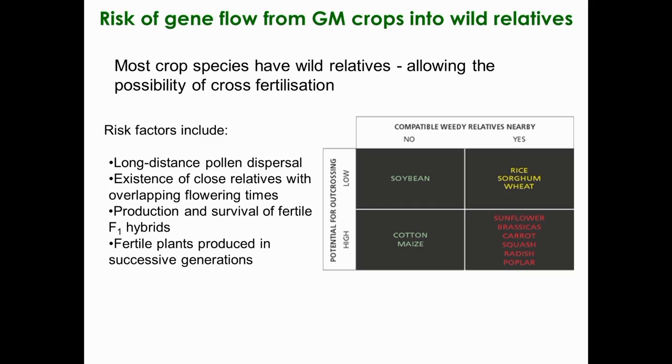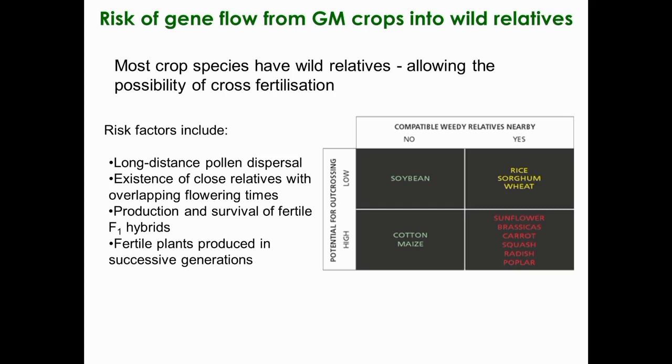So for certain classes of plant, it's a much greater risk, particularly where there are species where there's more likely to be compatible weedy relatives nearby, and also when there's a greater likelihood of outcrossing via pollen. So it depends on, for example, whether pollen is mediated by the wind or by insects. If it's by insects for a particular plant, pollen can be carried on